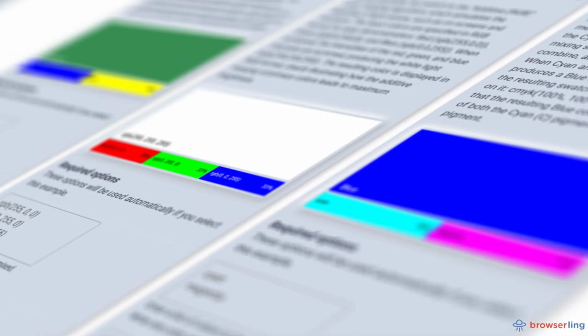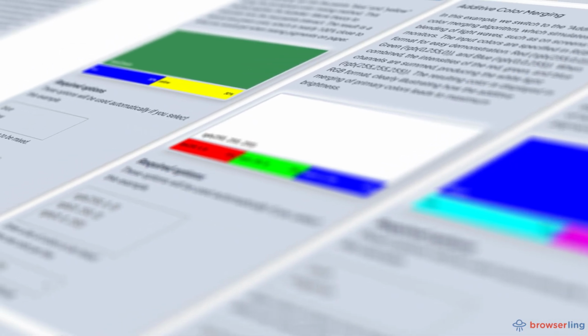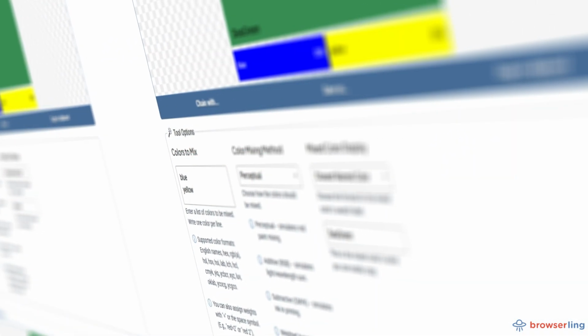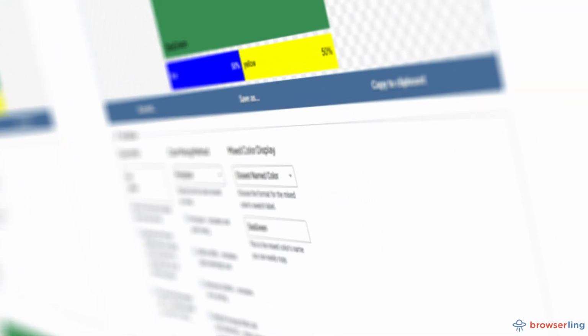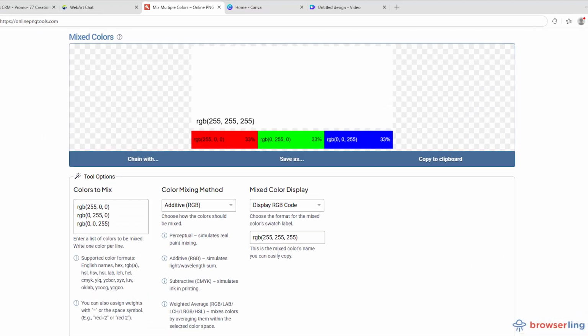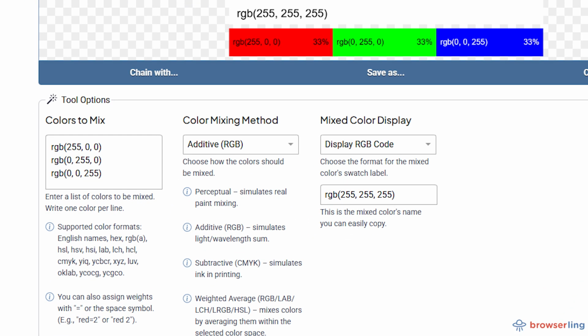Inside the tool, you'll find a multi-line color input box where you can enter one color per line. You can type color names like blue or yellow, use hex codes like #FF5733, or enter RGB values like RGB 255, 0, 0. You can even assign weights to colors by writing something like red equals 2, to give red twice the influence